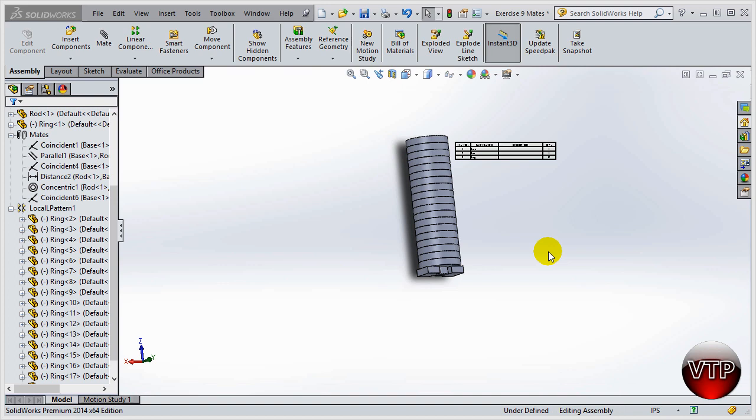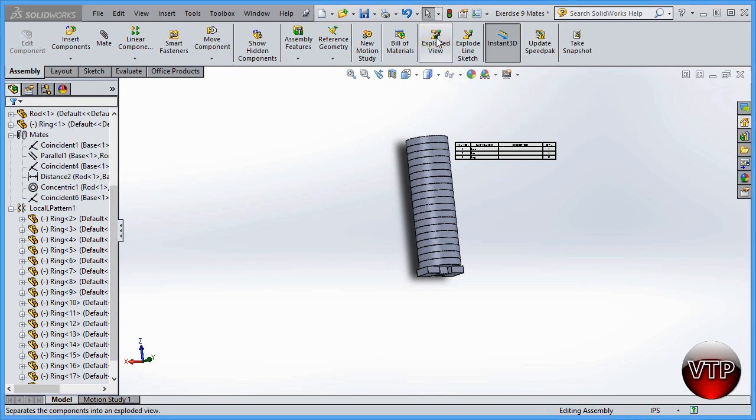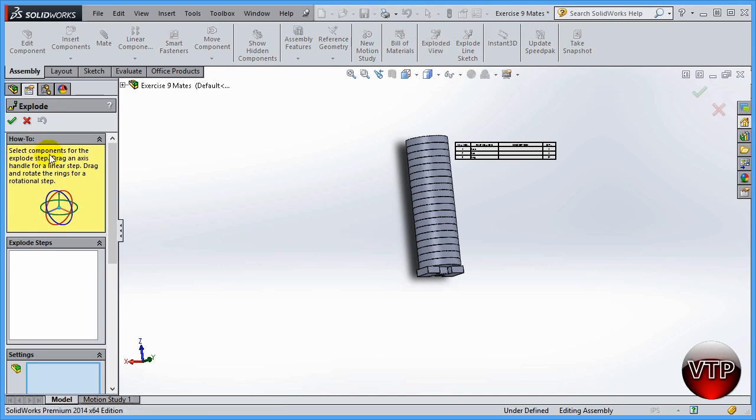All right, welcome back. In this section, we'll briefly go over the exploded view. Now, it's going to look a lot nicer in our next two exercises. But in this exercise, I'll just briefly go over it so you have an understanding of what an exploded view is. So again, if I click over here on exploded view, you're going to have this where it says select components